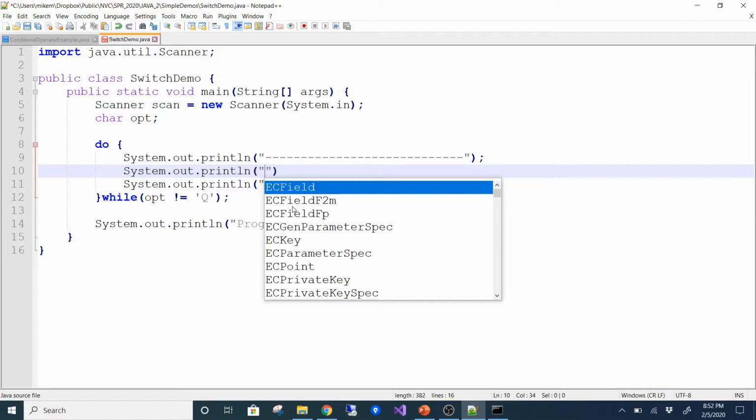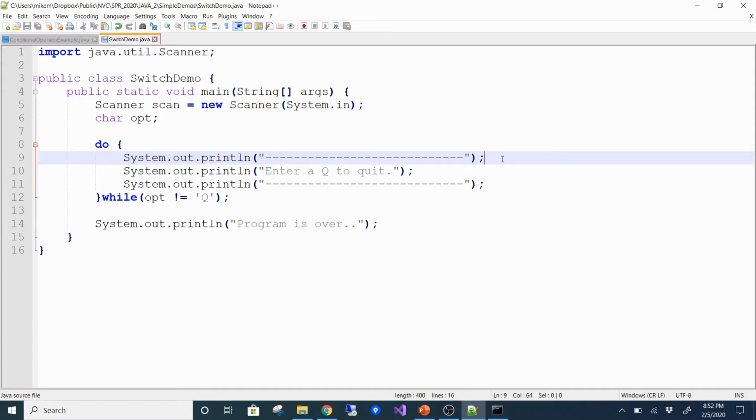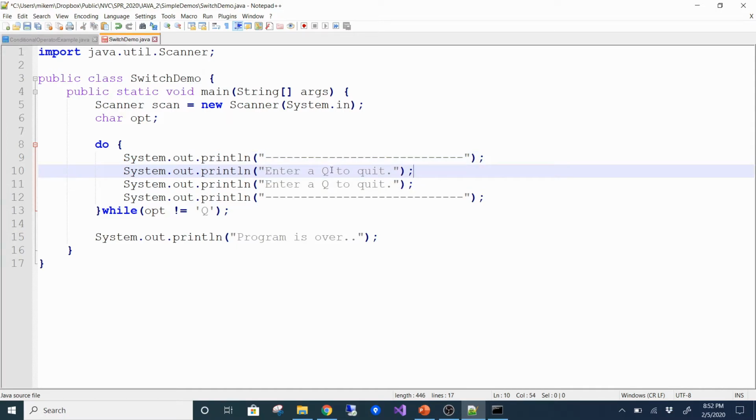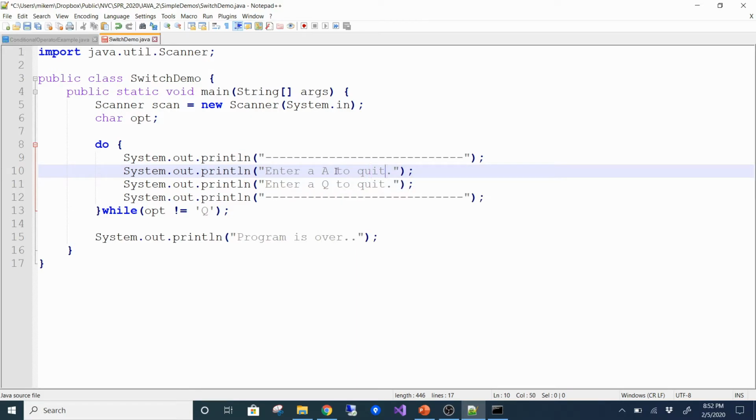One of them, which is probably going to be the last one, is enter a Q to quit. The one I always do is a role-playing game where you come across an enemy and then I'll say enter an A to attack,